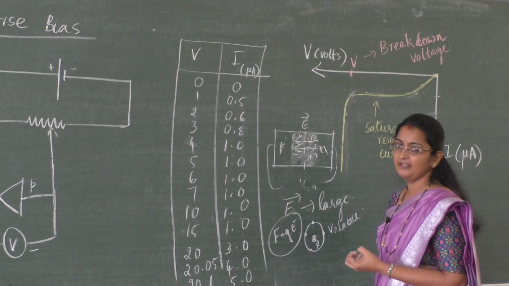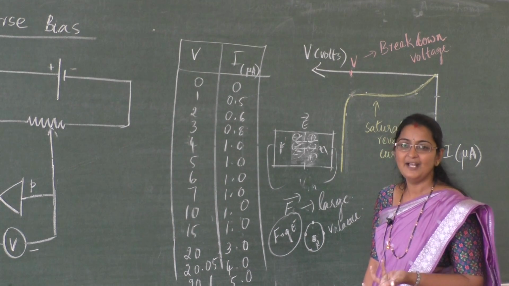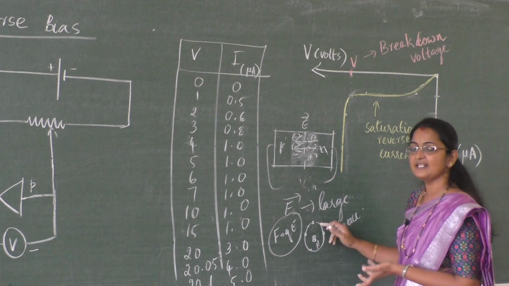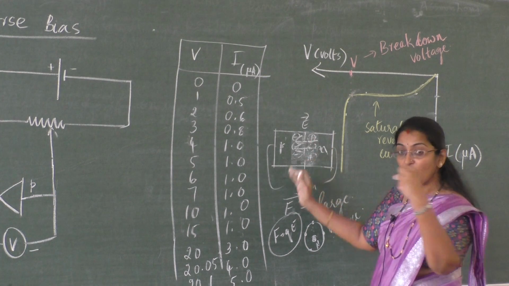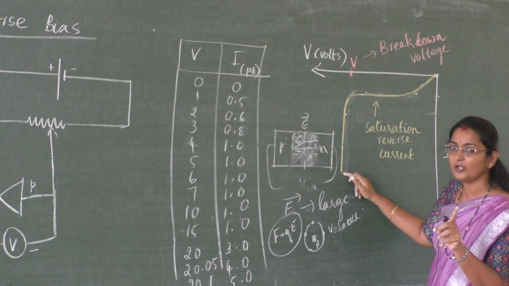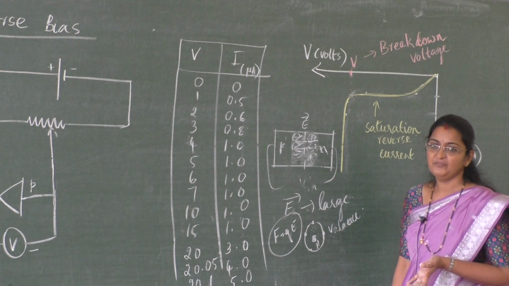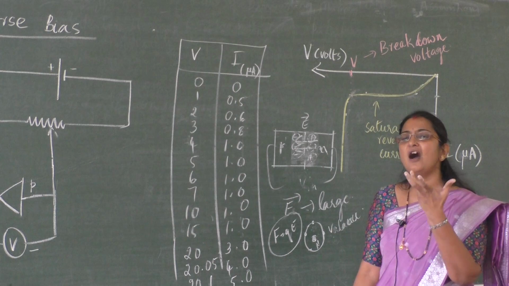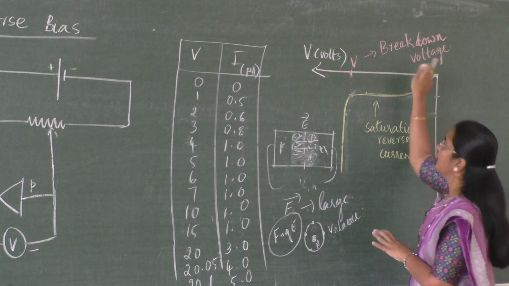So the valence electrons of the atoms gain enough energy, and they move out. When they move out, what happens? The flow of electrons gives rise to current. And whatever is left behind is a positive ion. So valence electrons are forced to move out, and the current we get is not because of minority charge carriers, but because of this ionized portion. And that will increase in a fraction of a second. A very large amount of electrons will come out. As a result, we say this condition is breakdown.